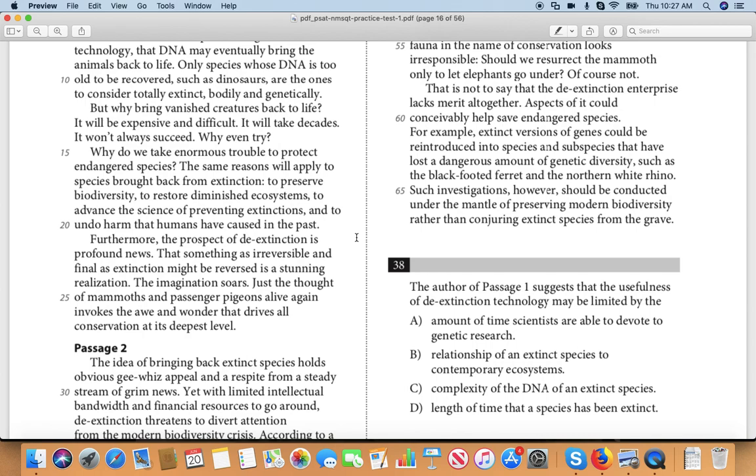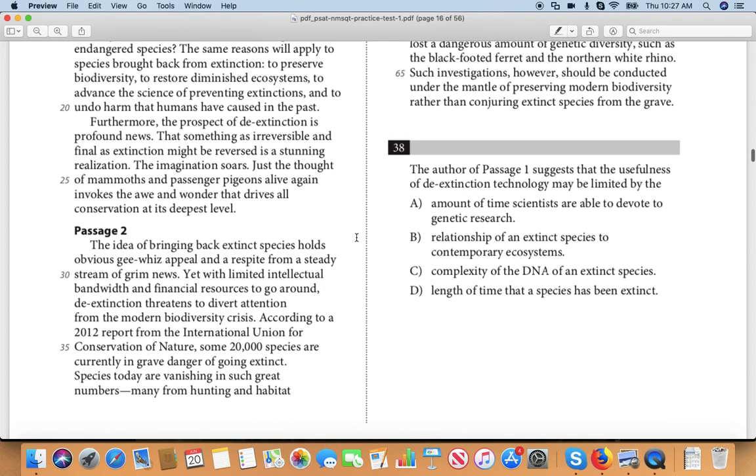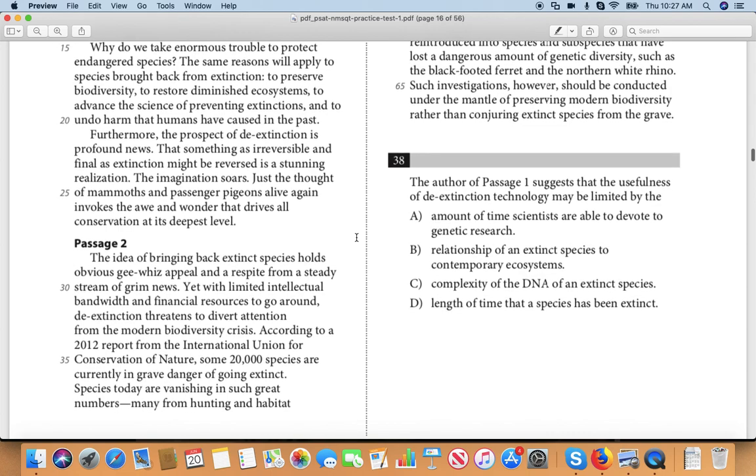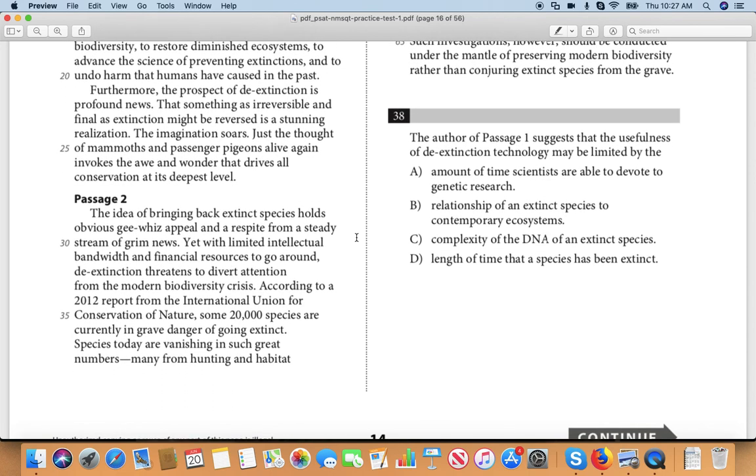Don't even worry about passage 2 right now. We just read passage 1. How easy was that, by the way? Relatively easy. Too easy. But it's nice. We just read a passage in about 6 minutes, unlike the Andrew Carnegie passage, which I think took us about 70 minutes to chew through.